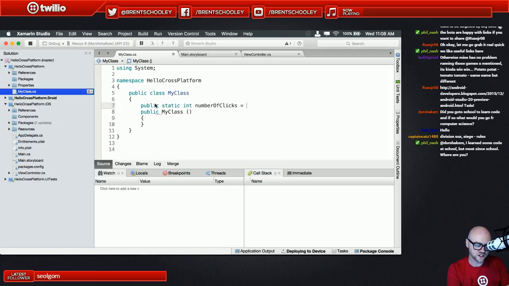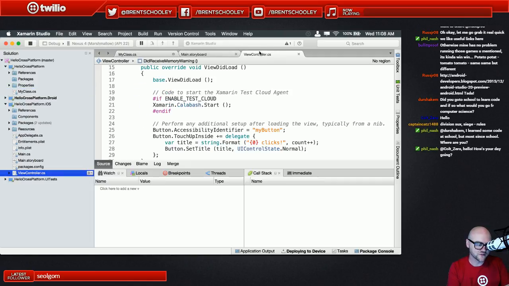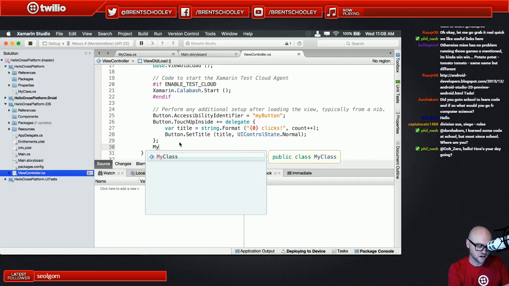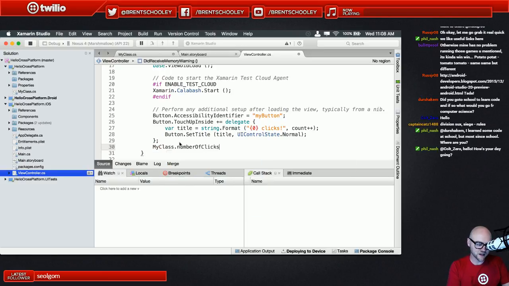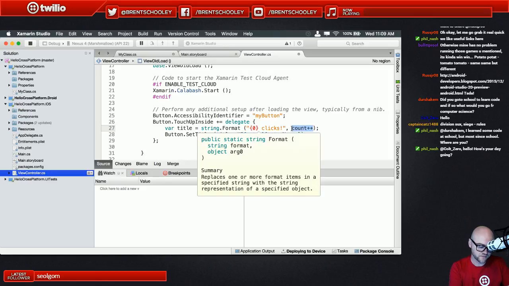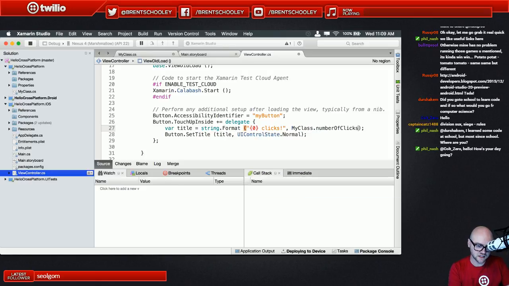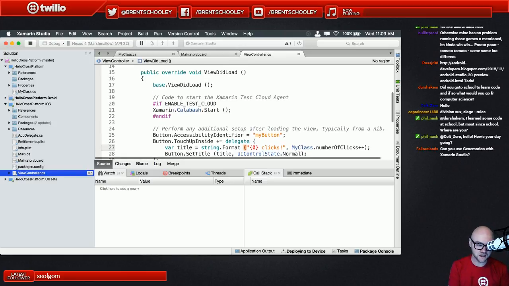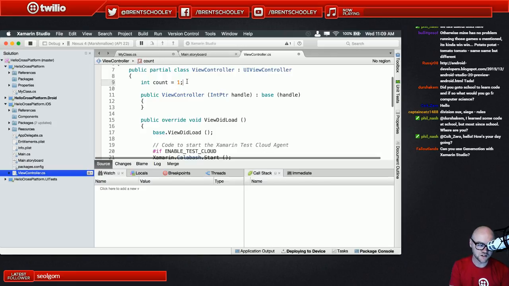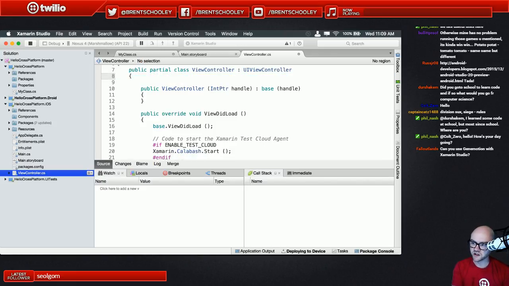And what we could do is create a property that would be accessible from the other view controller classes. So we could do my class dot number of clicks here. So here we could say that we want this to use my class dot number of clicks plus plus, so instead of using the variable that's available inside of this view controller, we could